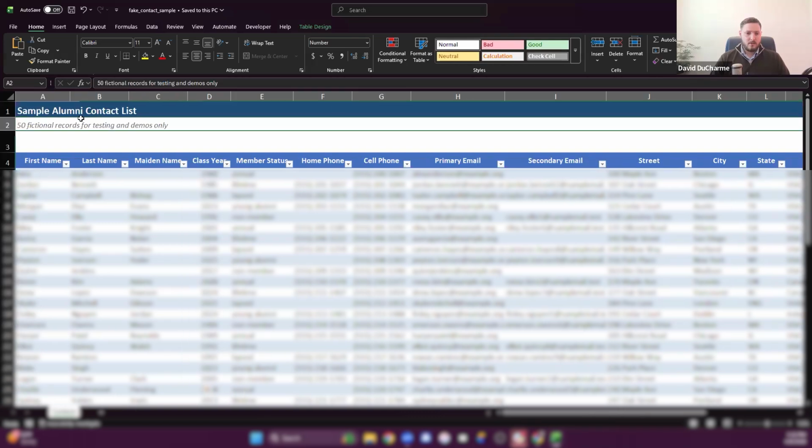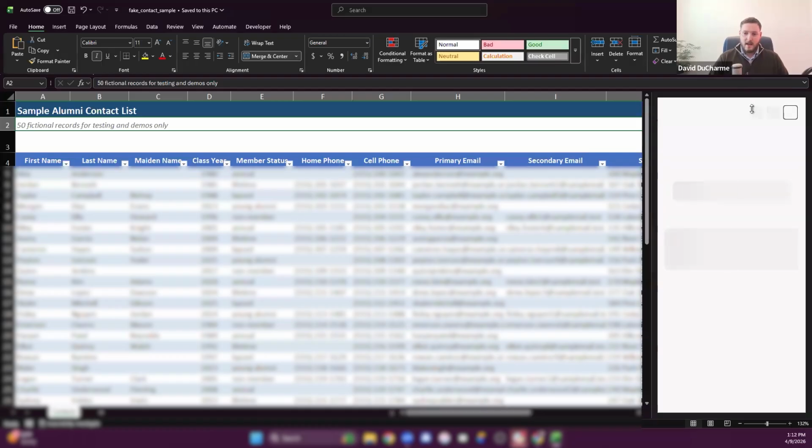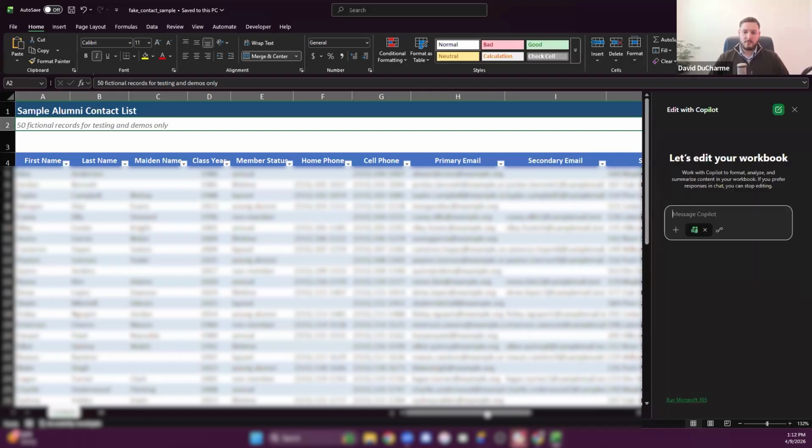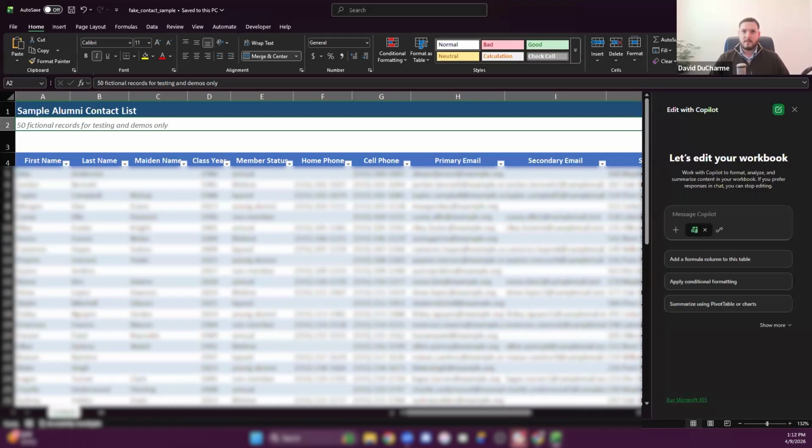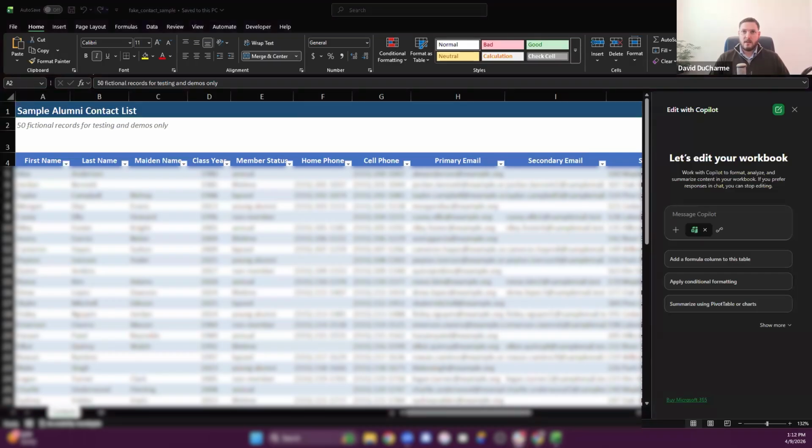So if you're in Google Sheets or Excel at this point, you have a friendly button at the top right that you may not have clicked yet called Copilot or Gemini. If you click that, what we're going to do is explain our problem in plain English to this Excel document. So in this case, and I've kind of pre-written this out so you guys don't have to watch me think through this,